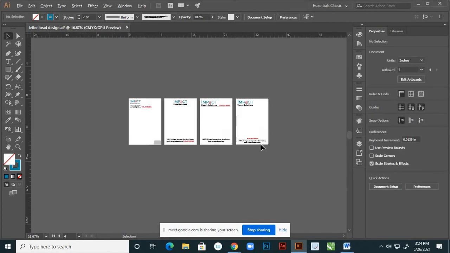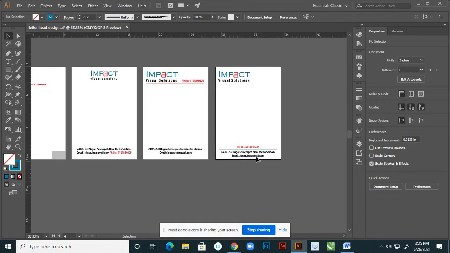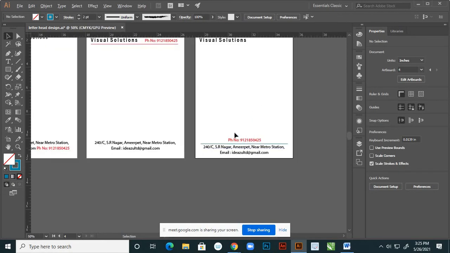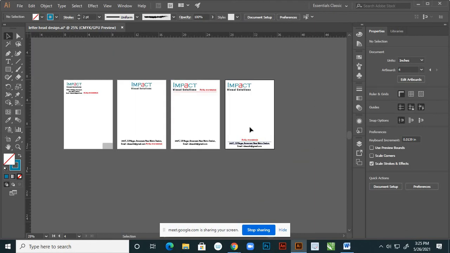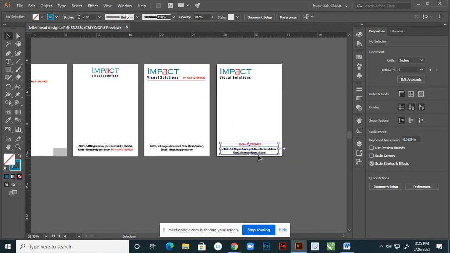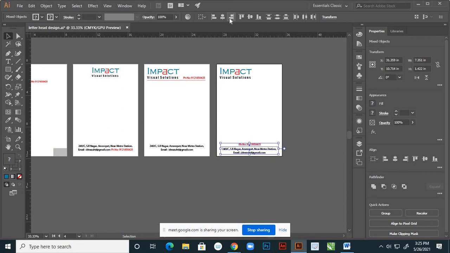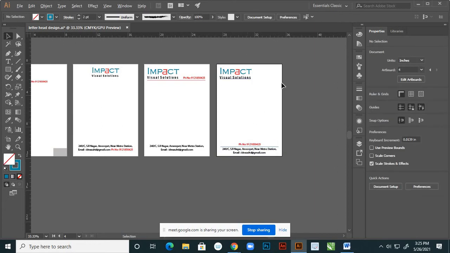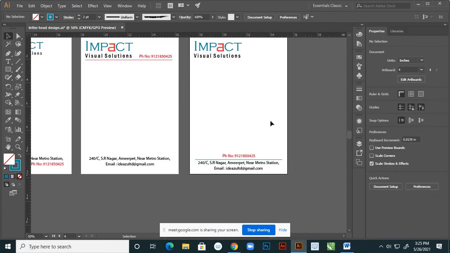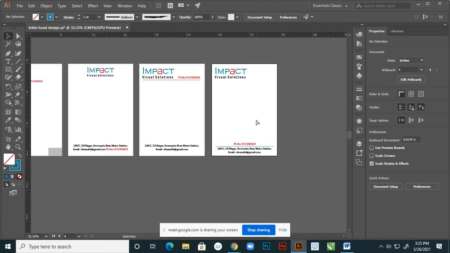Excellent. See, the different options we have to give. When you design in real time, you have to give the options. Yes. So you select these three, and here you can apply this alignment, the horizontal alignment, right? Yes, it is not center, so keep this separately. So Control S,